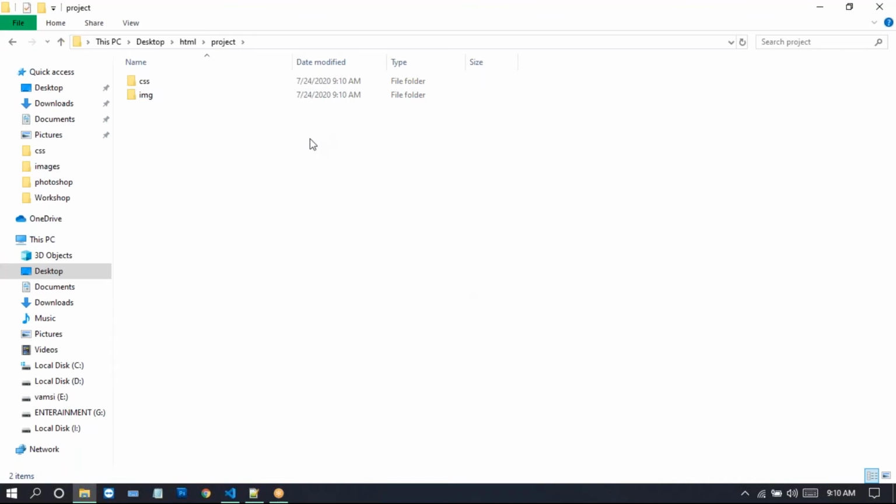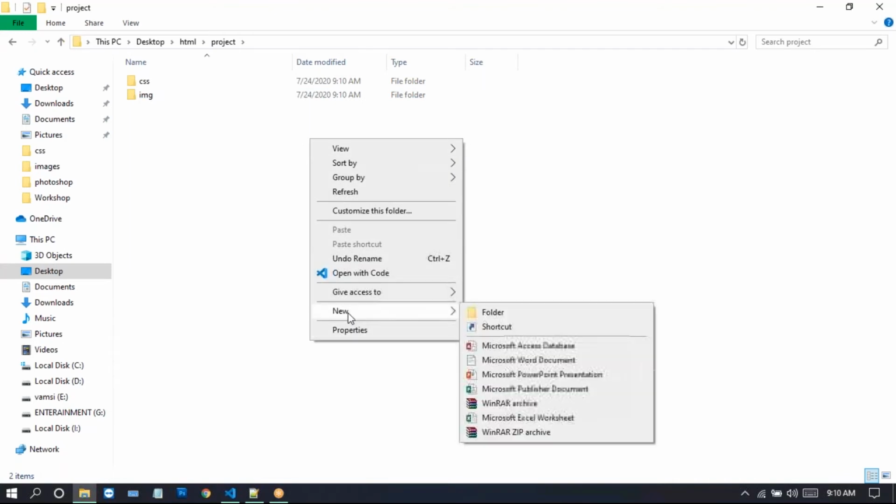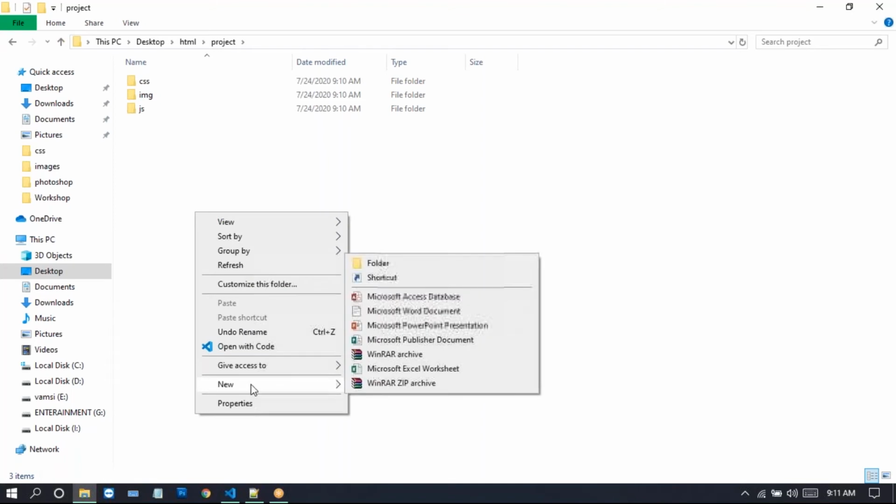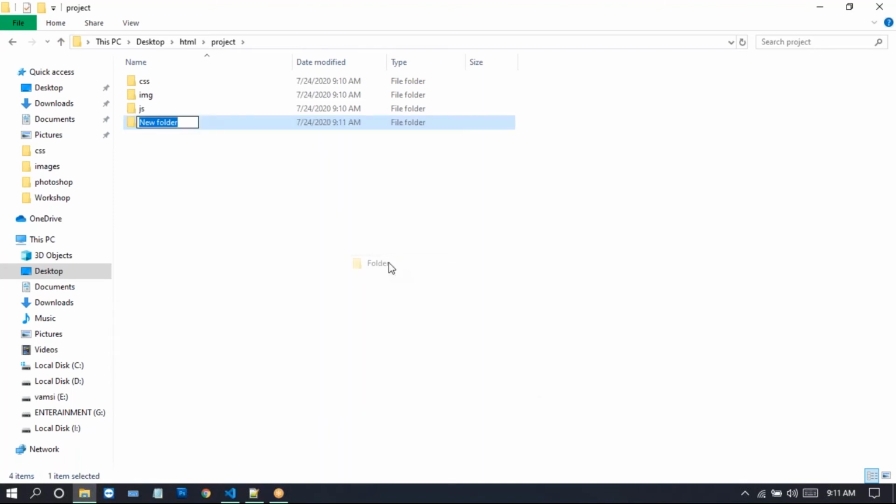Now next, we need to create one more folder for the dependency. Like if you use JavaScript in the HTML, we can take a folder here. Here we can mention JS folder. Now we should keep these CSS, images, JS folders in the assets folder.